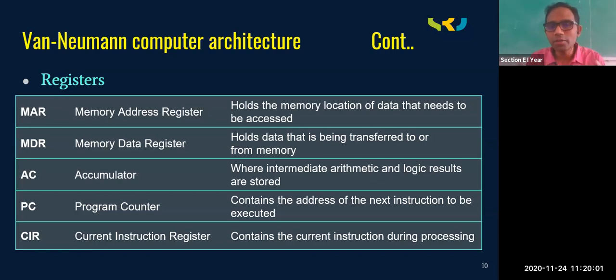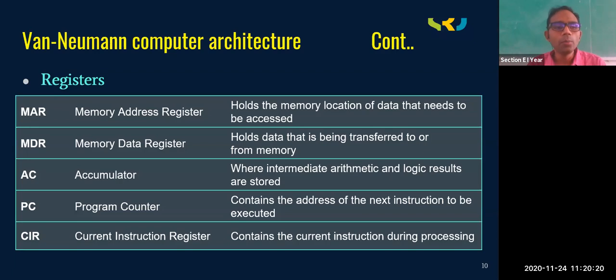I want to perform addition of two numbers, subtraction of two numbers. I want to perform a complex operation. That complex operation is going to store intermediate results. It is going to execute part by part. That part's addition, store it in the accumulator. Again, do the addition part, store it in the accumulator, and so on.